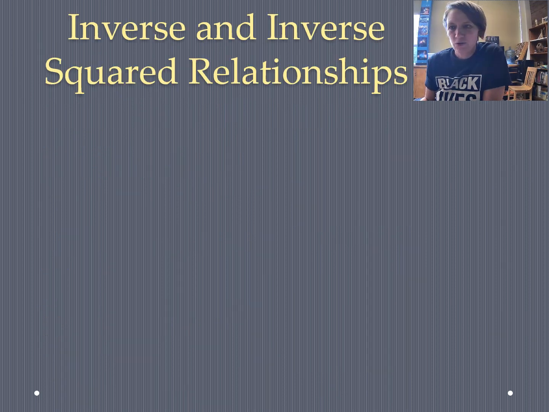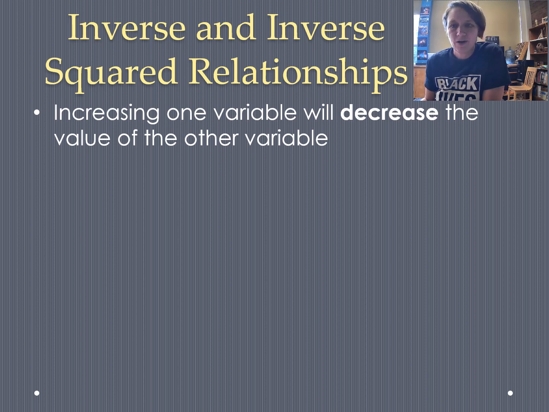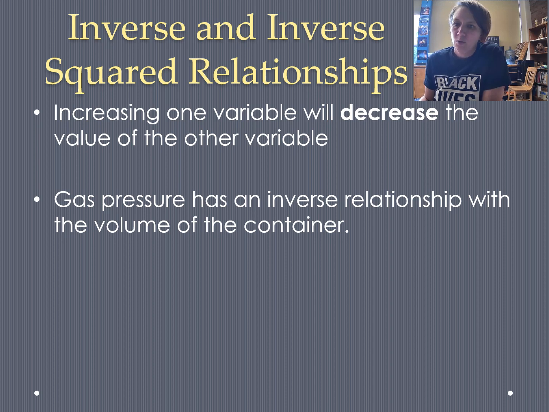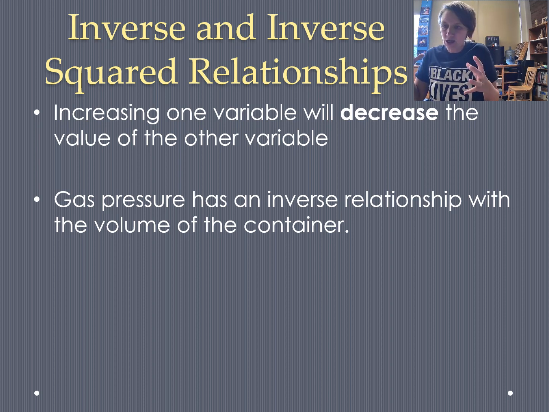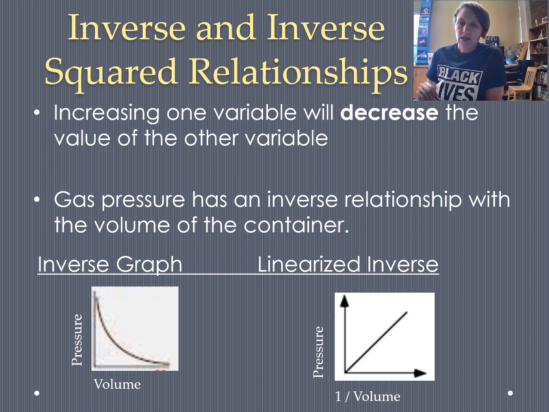In inverse and inverse squared mathematical relationships, you will find that increasing one variable decreases the value of the other variable. One example of an inverse relationship is gas pressure having an inverse relationship with the volume of a container. So if you could take a container with gas and you squish it, right, the volume becomes smaller, the pressure inside that container actually goes up. An inverse graph will look like the graph on the left. It has a constantly changing negative slope. It has no intercepts, so you can't even get intercept information,